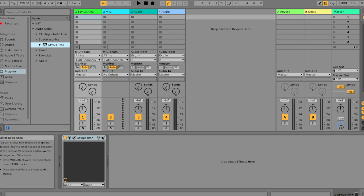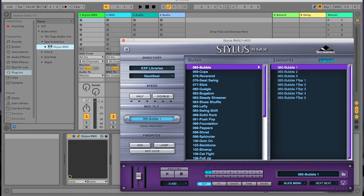Ableton's my go-to, and I've got Stylus, which is a loop and groove creating plugin that I think is fabulous. I can't imagine exhausting ideas with that. It's just forever, and you can manipulate all of the grooves, so that was worth the investment. Mainly I just use that and my Ableton plugin, and I've got my guitar rig to where